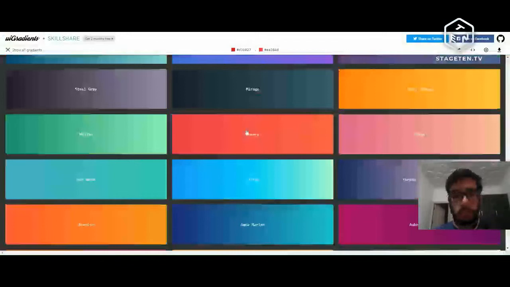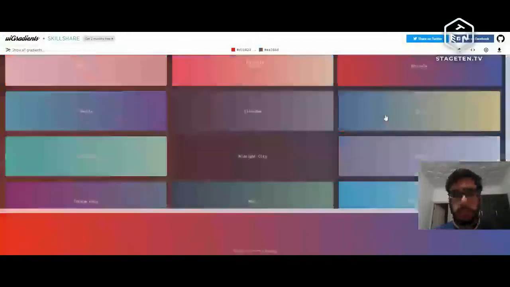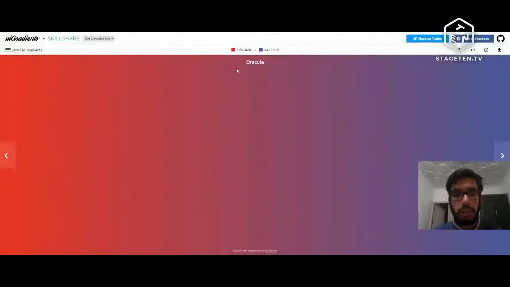Right, so let's suppose we choose this Dracula. You can see this is showing that it shifts from this particular color hex code to this color. So if I go to Photoshop and I make a rectangle here,